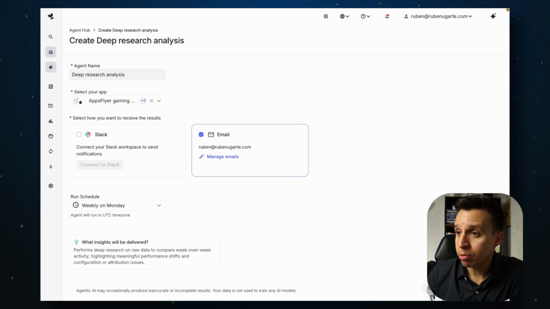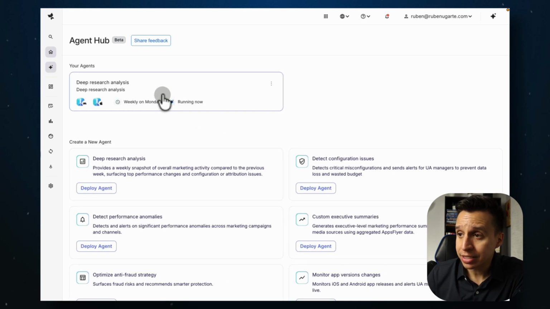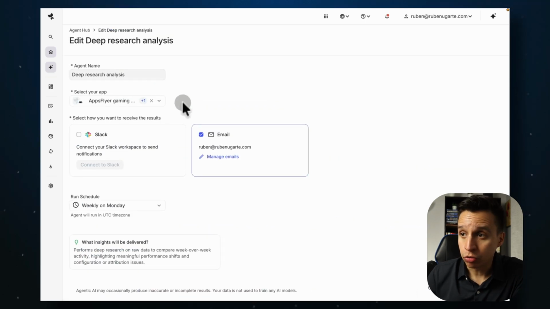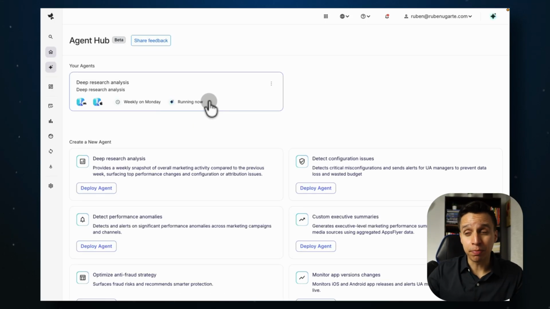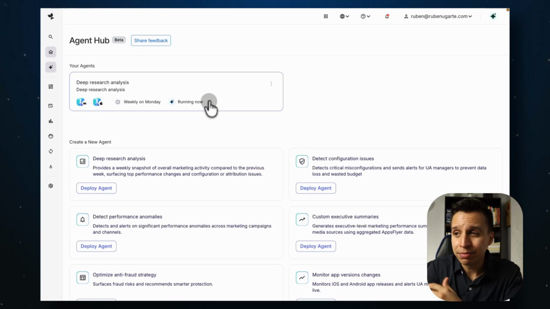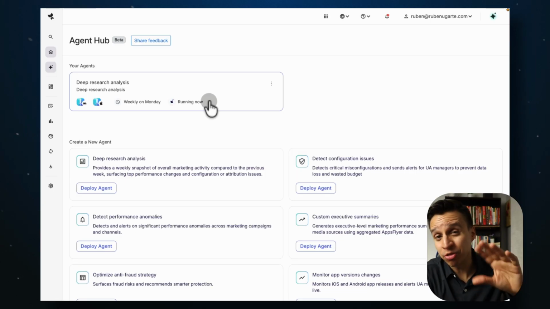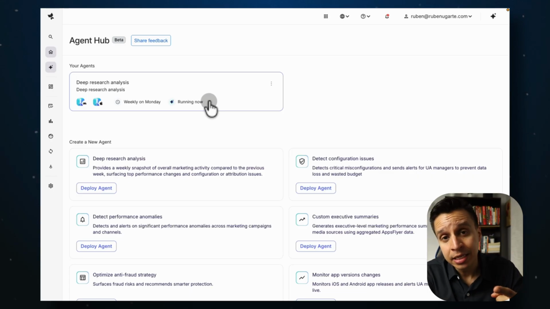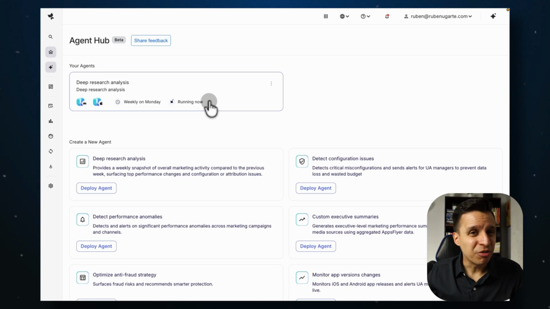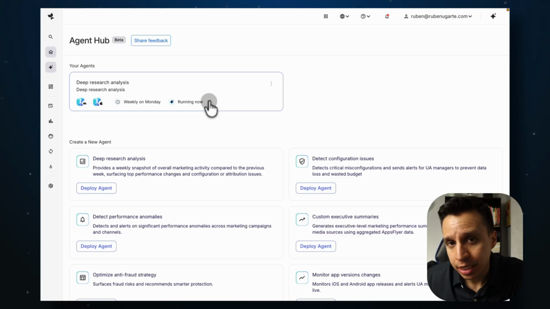And actually, I deployed one here, so you can see. Once you have it, then it simply starts to do the work. The first time you deploy an agent, it runs it once. And again, this actually might take a little bit longer. I think in previous experiments, it's somewhere between 30 minutes to 60 minutes every time it runs. And then it will run again next Monday, 30 to 60 minutes. You're likely not going to see it running. You just simply see the output that it delivers every